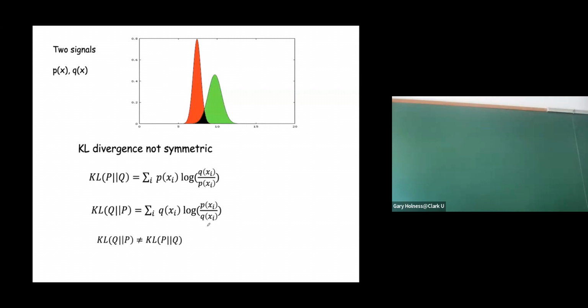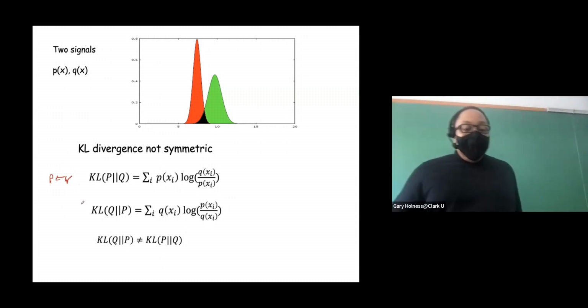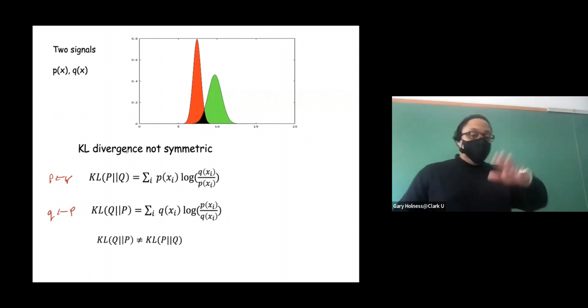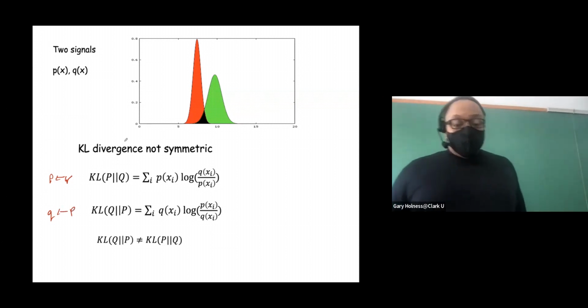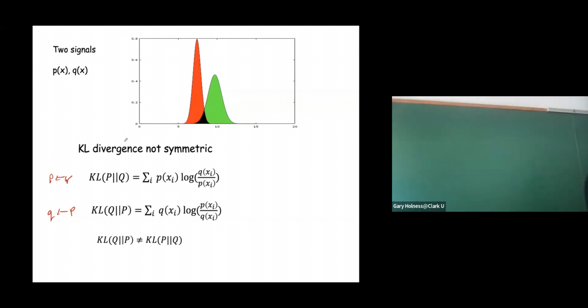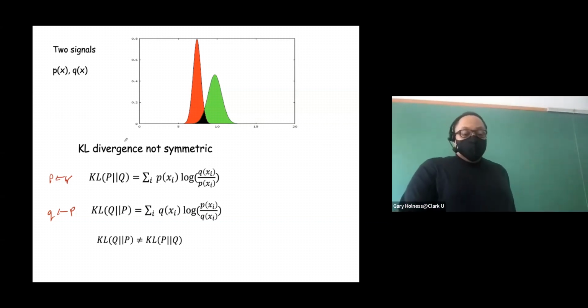If we say the KL divergence of P relative to Q, I'll just do that to represent you're projecting Q onto P. And then this second version is Q relative to P, where you're projecting P onto Q, right? So they're not the same. KL is called a divergence and not a measure because a measure requires symmetry. You can reverse the order of the parameters, and it's the same result. That's not the case with KL divergence.